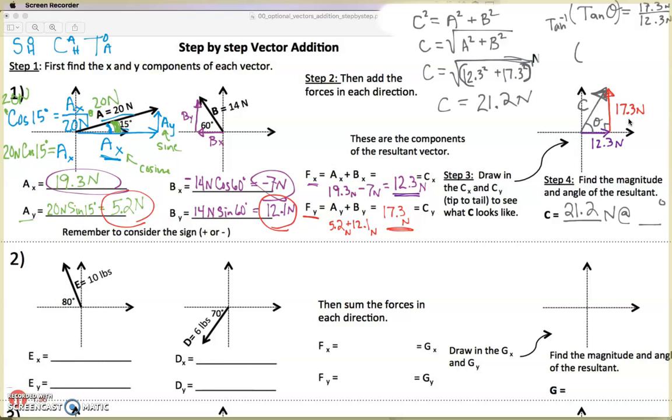So really what that means is we're going to say theta, we'll do that to both sides of the equation here, is going to equal the inverse tangent, tan -1 on your calculator, of 17.3 divided by 12.3. And again, making sure I close out my parentheses. And we get an angle of 54.6